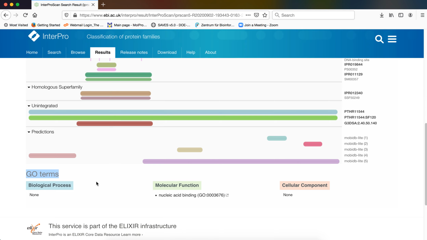One is your biological process, second is your molecular function, and third is your cellular component. InterPro through the analysis has not been able to predict any cellular component, nor has it been able to assign a biological process to our sequence that we have submitted, but it has been able to assign a molecular function to this particular sequence, and as you can see, it is nucleic acid binding.